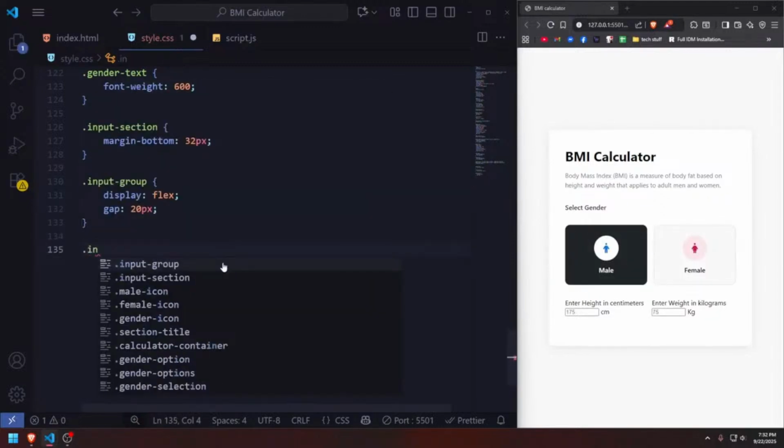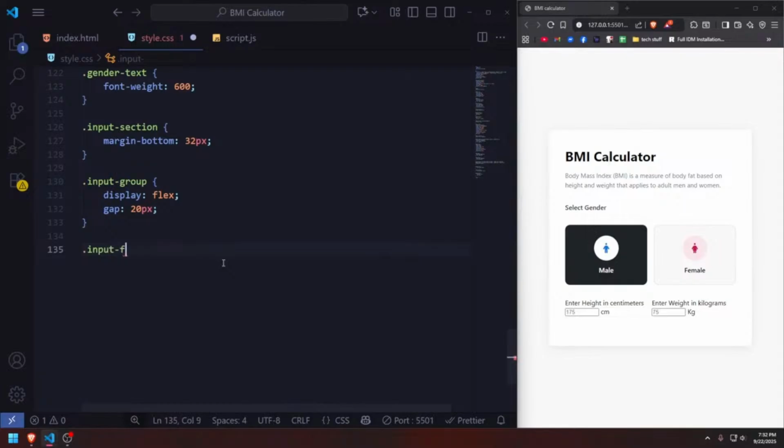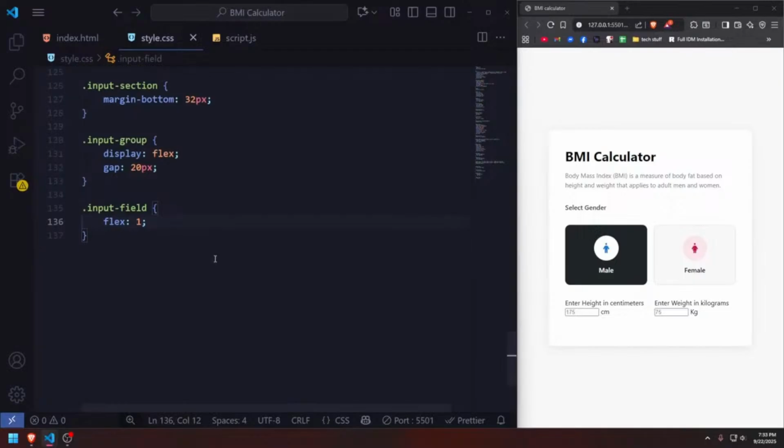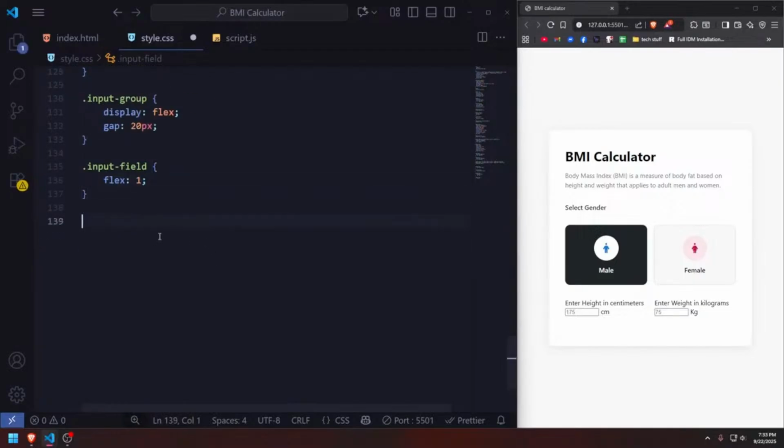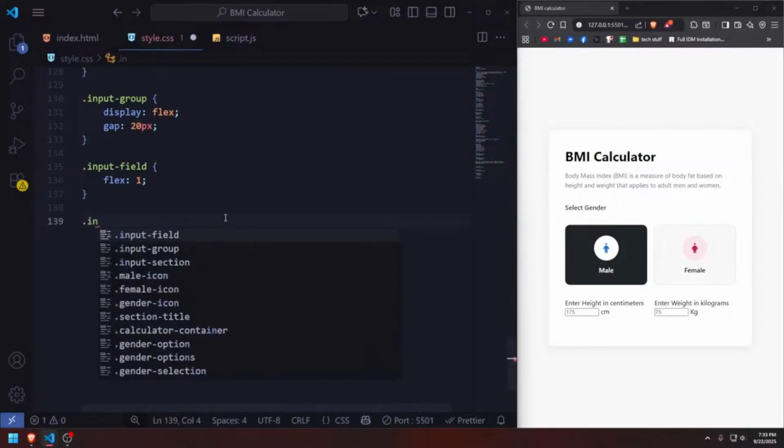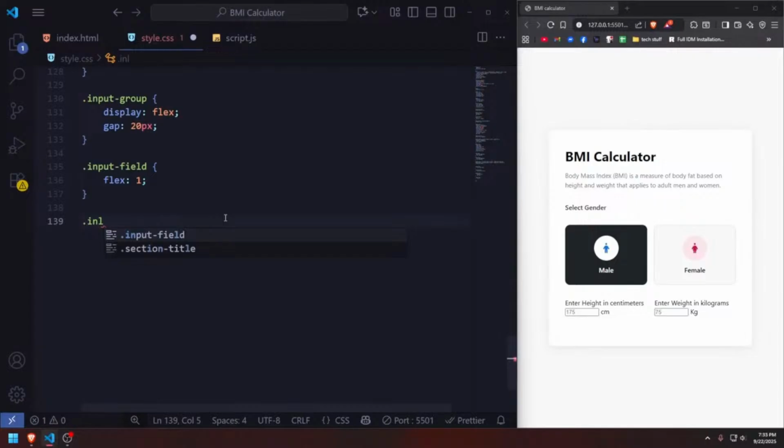Here I'm just gonna do input field set to flex 1, just like that. And yeah, that's pretty much it. So next thing I need to do is input label. I'm just gonna do input label, set that to display block, which is